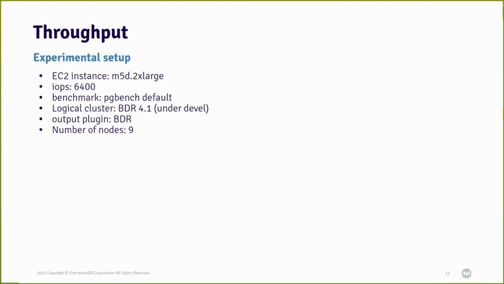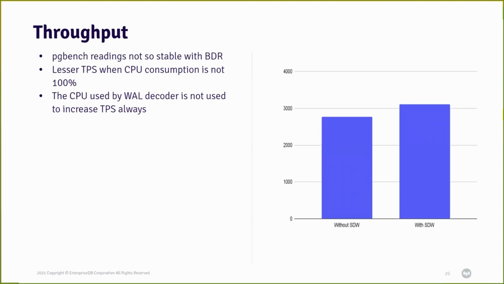We expected that it will improve throughput as well, in the sense that because the CPU is saved now, we will be able to see more TPS when WAL decoder is enabled. Again, this is the same setup as the CPU usage benchmarking. And we did actually see that when we are using the decoding worker, the transaction throughput improves as compared to when we are not using the decoding worker, except that